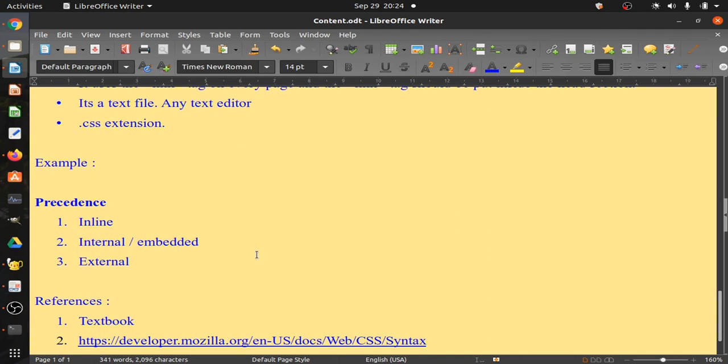Now, one more important point which is not given in your book. We have previously seen the difference between CSS and HTML, which is also not discussed in the book at the beginning. And one more thing is the precedence of inline, internal, and external. Now, what is the meaning of precedence? What if conflicting styles are given?